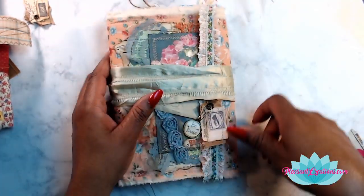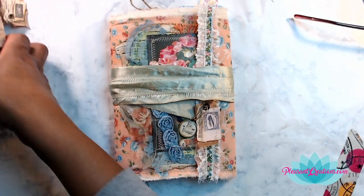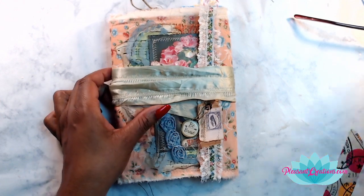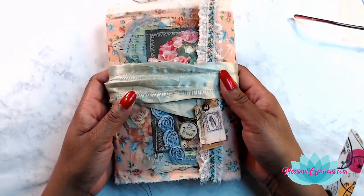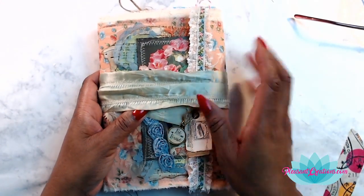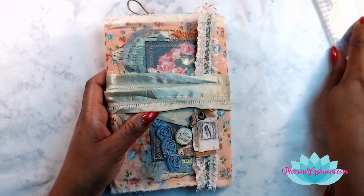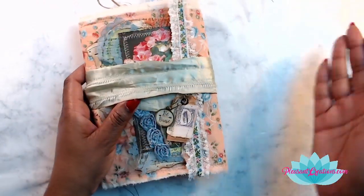Okay, so this is the one that I made for myself. This is the one that I'm going to be working in. Let me move these over here because they're taking up my light. And this was the prototype for those particular journals. The ones that I made to actually put up in the shop are actually better than this one,